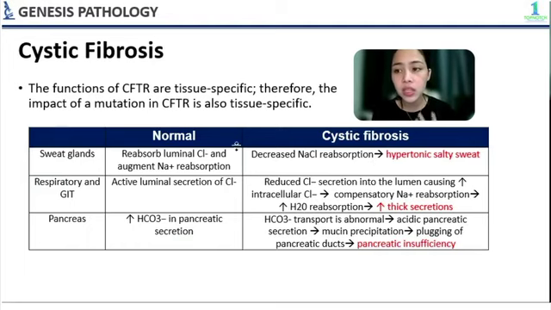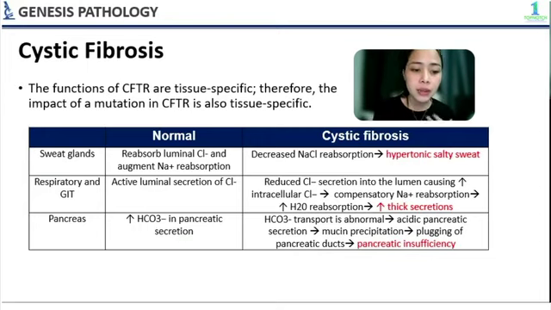So in cystic fibrosis, again, chloride is not secreted, meaning it just remains inside the cell, or intracellular. So it creates electronegativity. As a compensation for the electronegativity, there will be increased sodium reabsorption. Again, where salt goes, water follows. So there is also water reabsorption. What happens is the secretions in the lungs and the GIT become dry or thick. So this is the reason these organs are prone to infection and plugging.